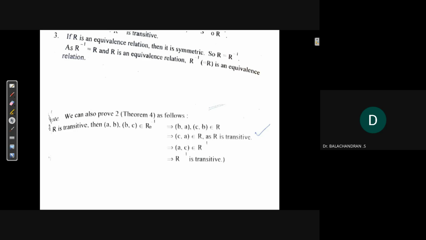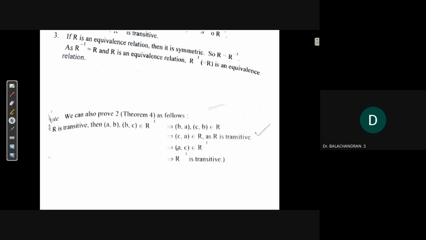So to prove R inverse is transitive, I'll take two ordered pairs (a,b) and (b,c) in R inverse. (a,b) in R inverse means (b,a) is in R, and (c,b) is in R. We know that R is transitive, so (c,b) and (b,a) in R, by transitivity, (c,a) is also in R. If it is in R, then (a,c) is in R inverse. So actually what I need to prove is that (a,c) should be in